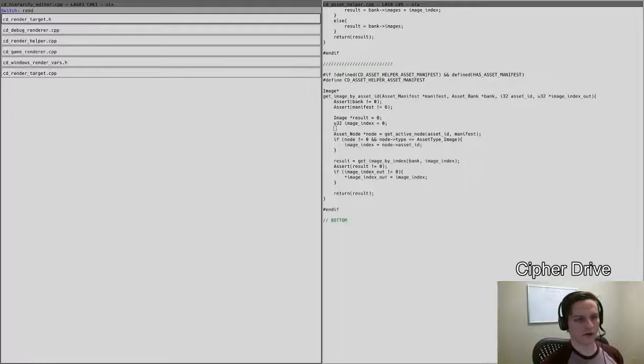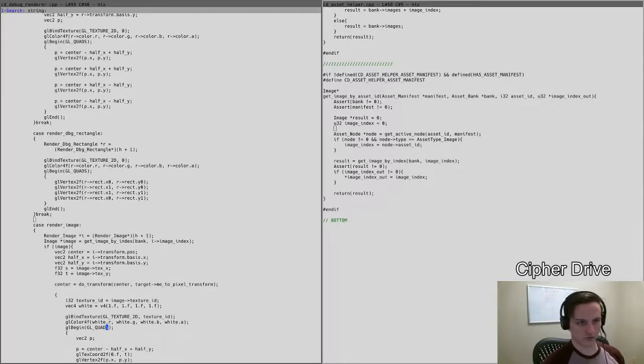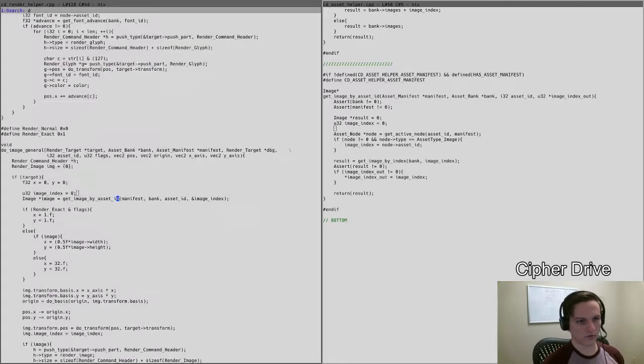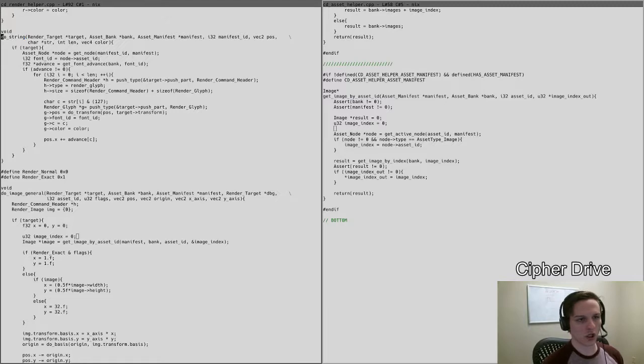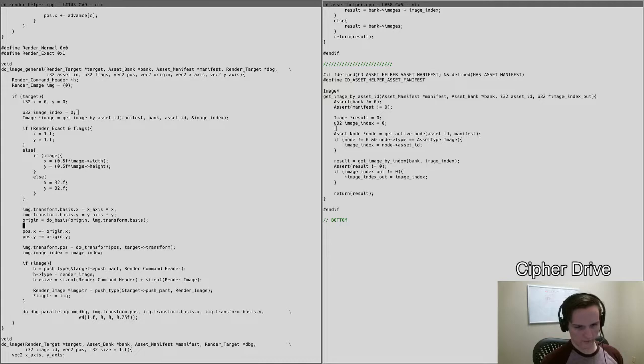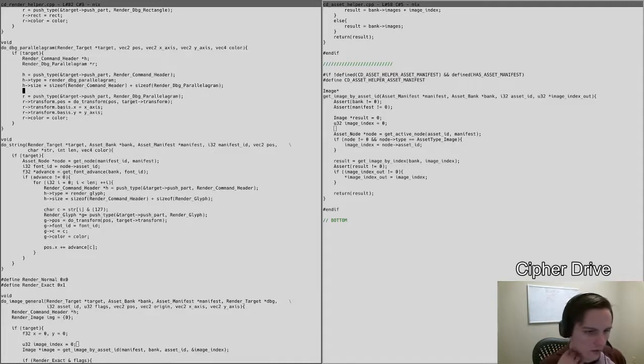Let's go to the render string helper, do string, get image by asset ID. What do I write into the image? I write the right. So this one up here is not doing that. This is getting the font index and putting it onto